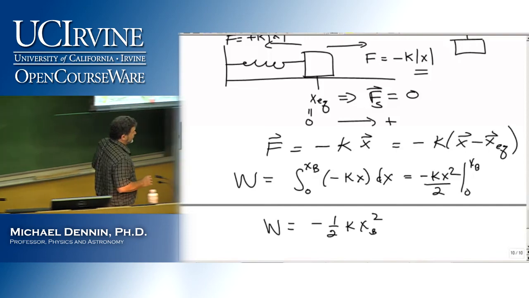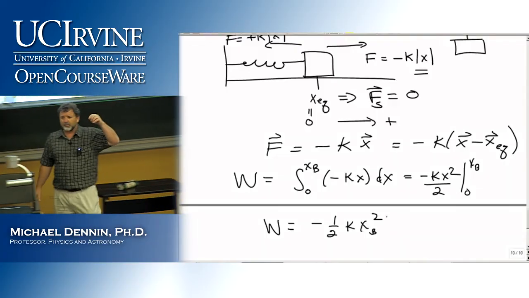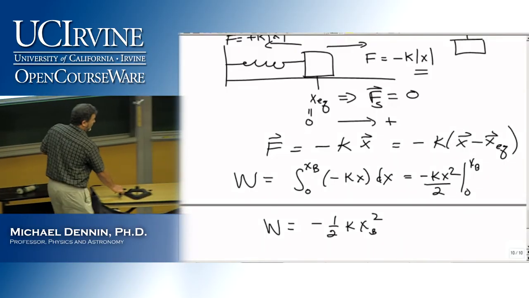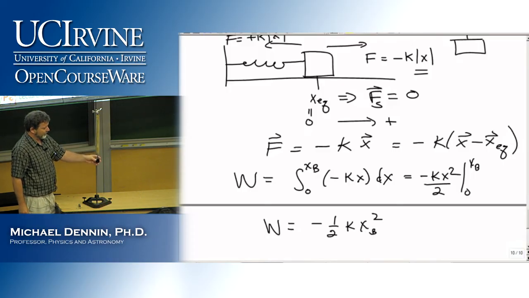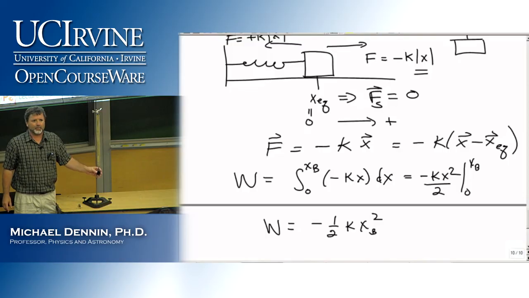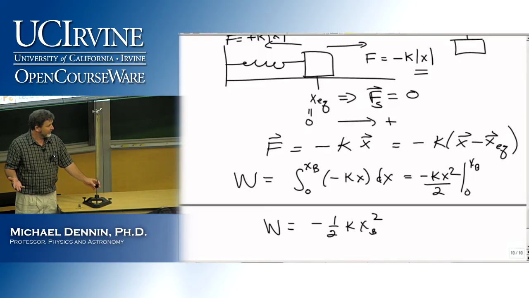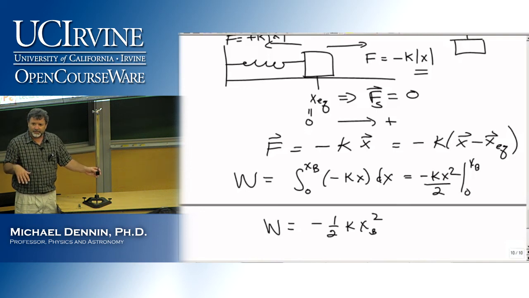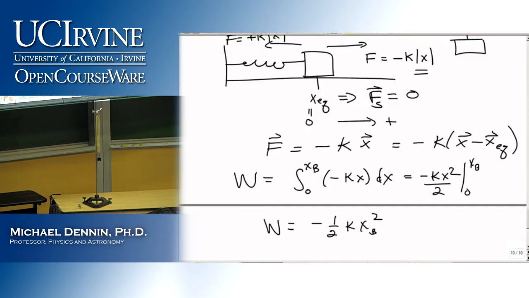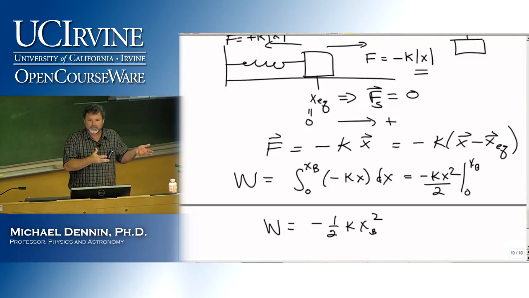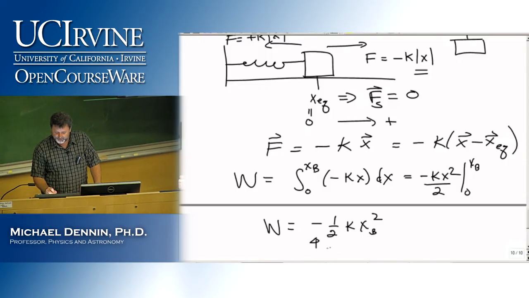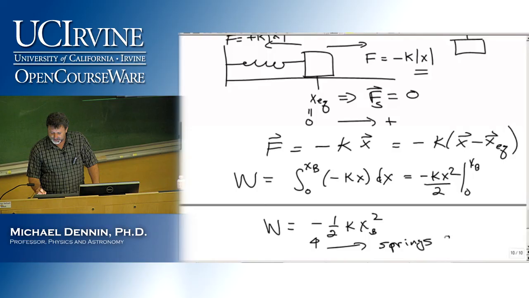And if you think about it, the minus sign makes sense here. Because as I move, if I am moving with some speed, so when my mass is here, here's my equilibrium position, right? If I move through my equilibrium position with some speed, what happens to my speed on the other side? Am I slowing down or speeding up? Slowing down until I stop, and then I'll start to speed up as I come in. So notice, if x is getting bigger, I am losing my energy, I'm slowing down, so there must be a negative sign in my work. And if x was getting smaller, I'm getting less negative, which means I'm getting big again. So the minus sign tells you about the fact that springs tend to slow things down